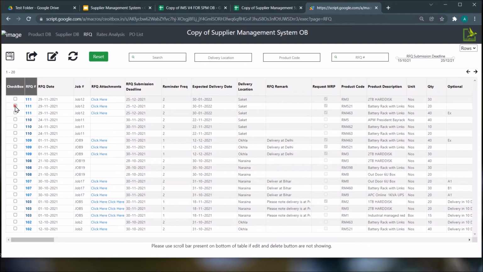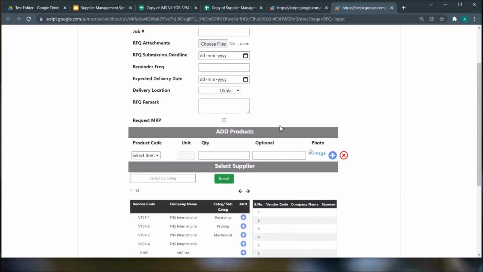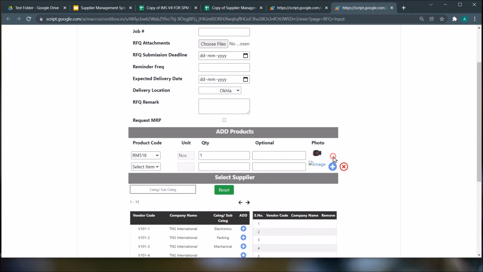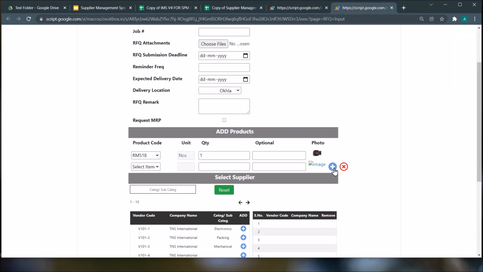Let's say I click on this checkbox and click on input form here, so this form opens up. Now in this form we can select a product, put in the quantity and any optional remarks that we want. When we click on this button, we get an option to add multiple products. So when we are talking about this number 40, this determines how many times we can click on this plus button.